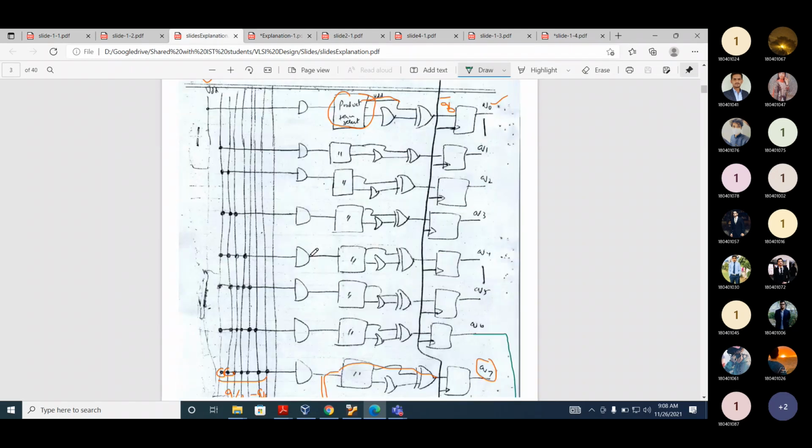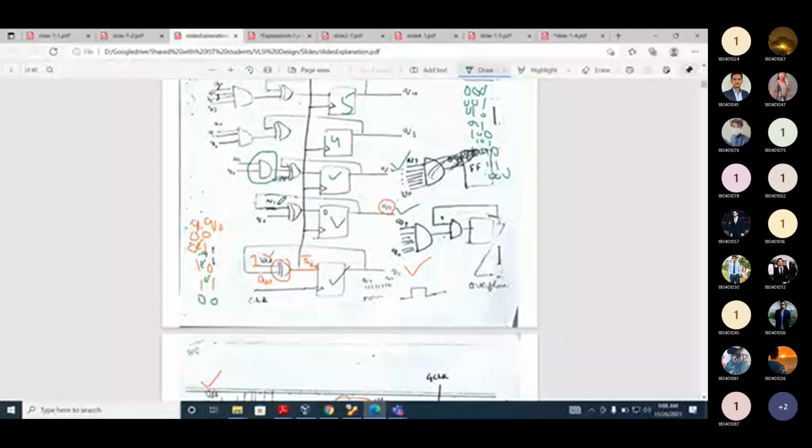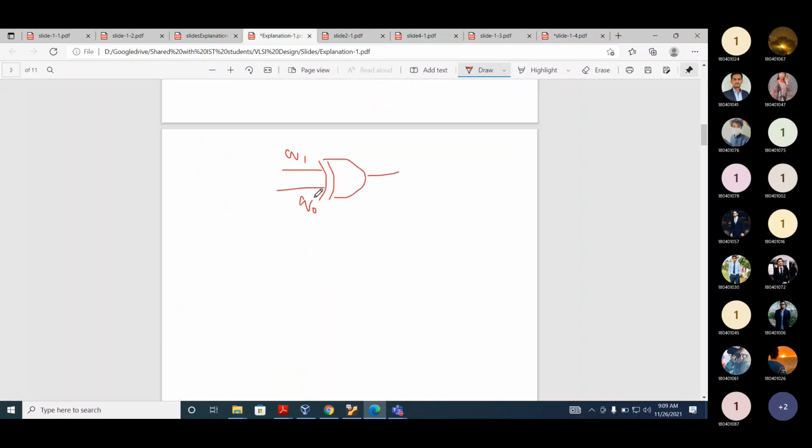You want to know about this logic, Q0 and Q1. And is this one Q1 new or Q1 old? New. This one is Q1 old.